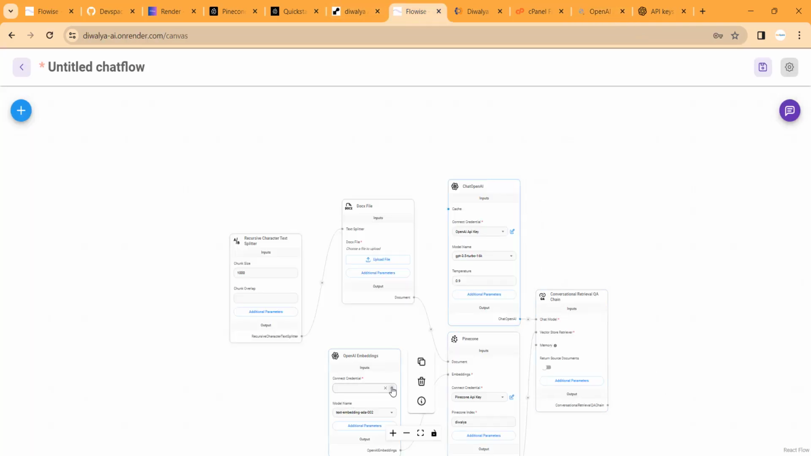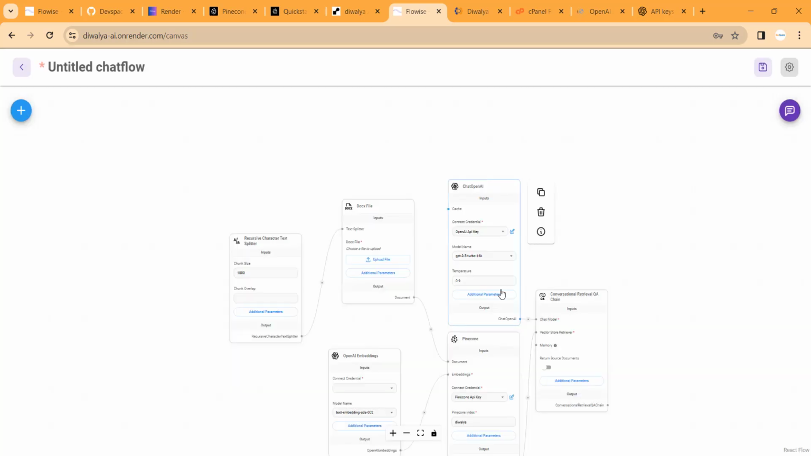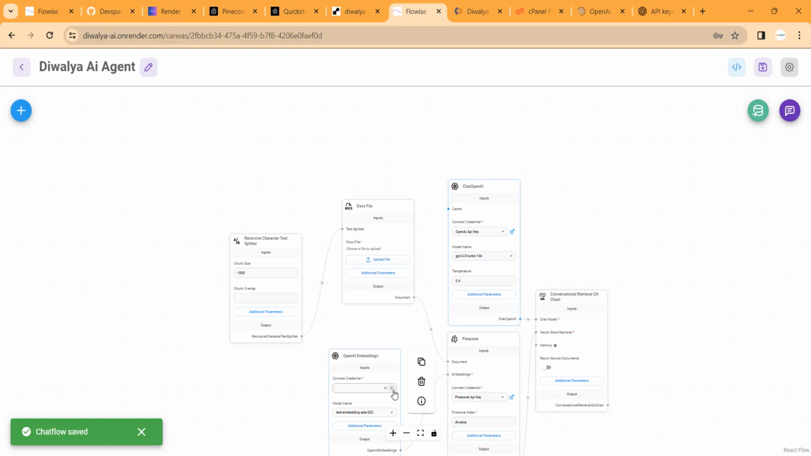So here as well, so good. So we have the API key over here. Now let's save this document. Let's call it the warrior AI agent, something like this. Click on save, and now over here in the embeddings we need to